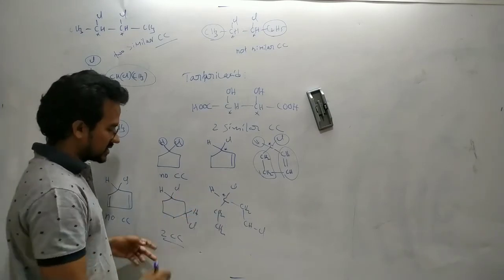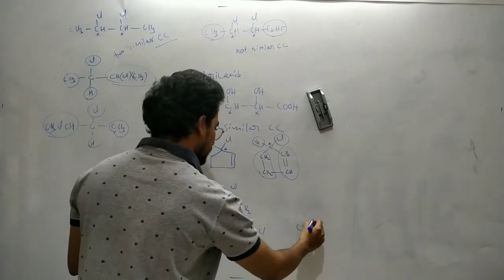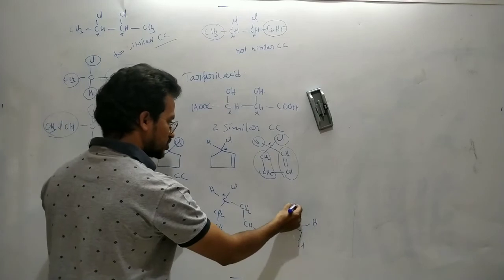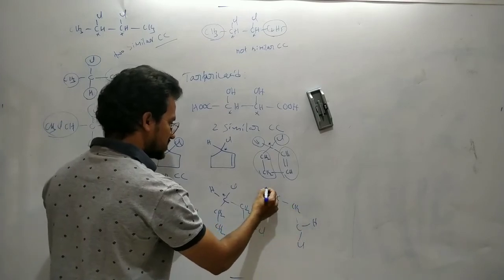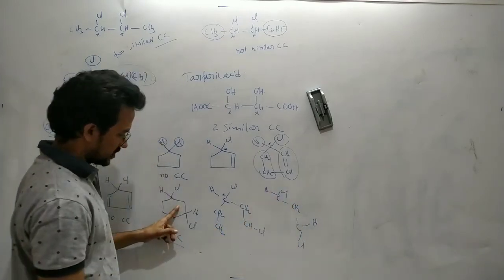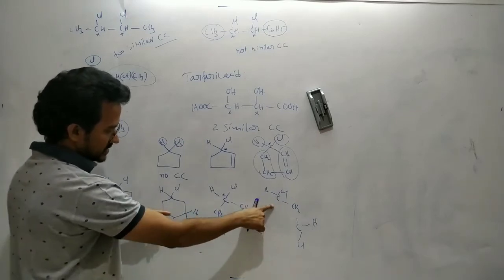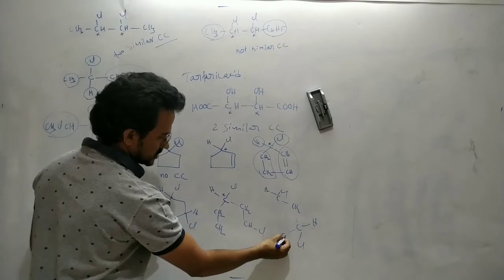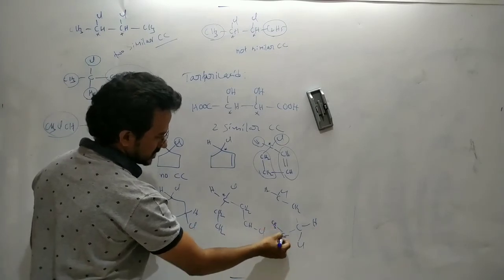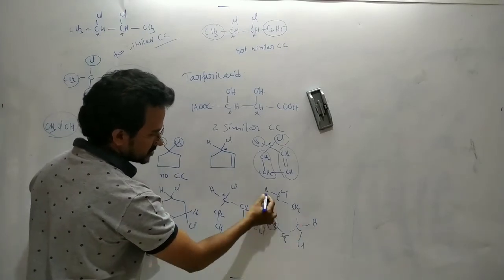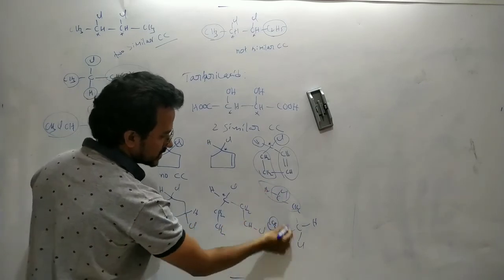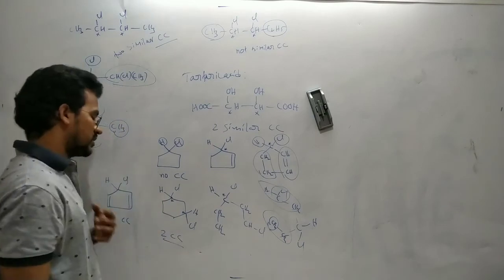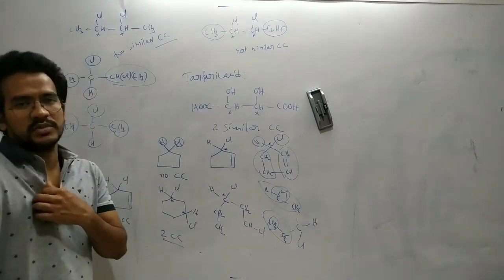And similarly consider this carbon. That carbon is attached to hydrogen and chlorine, and next here CH2, CHCl. Next here CH2, CH2. CH2, CH2 are the same, but here it is CH2, CHCl. This group and this group are different, so again it is also a chiral carbon. Okay, that has 2 chiral carbons.